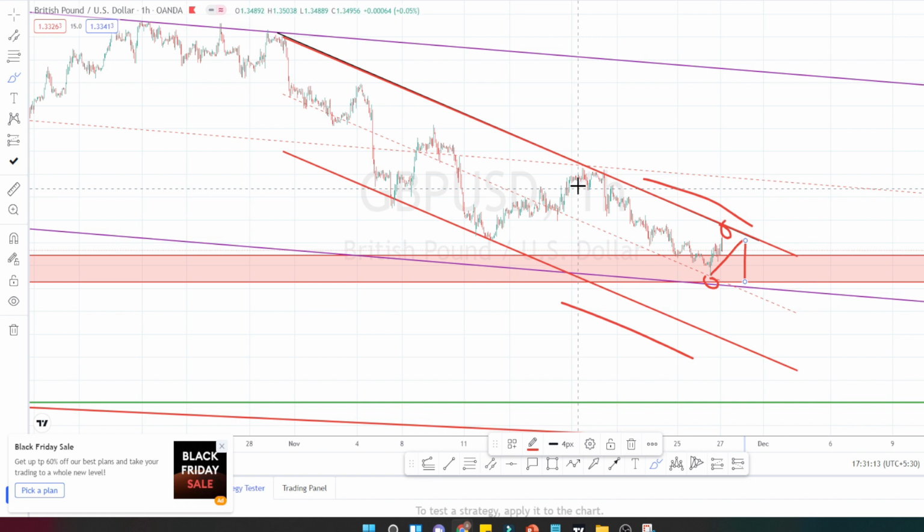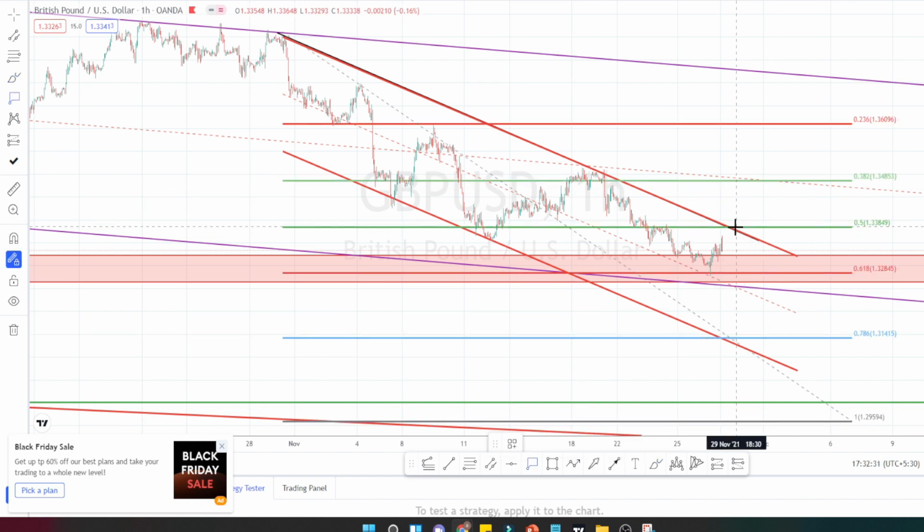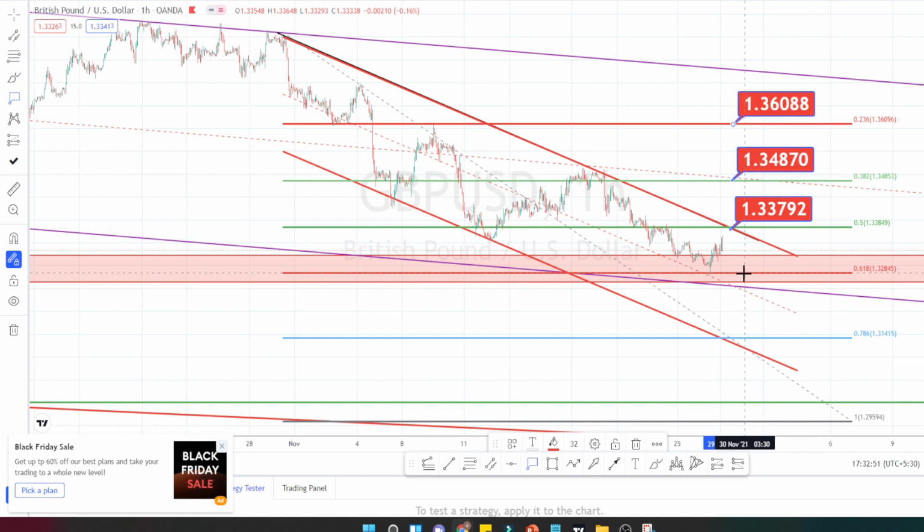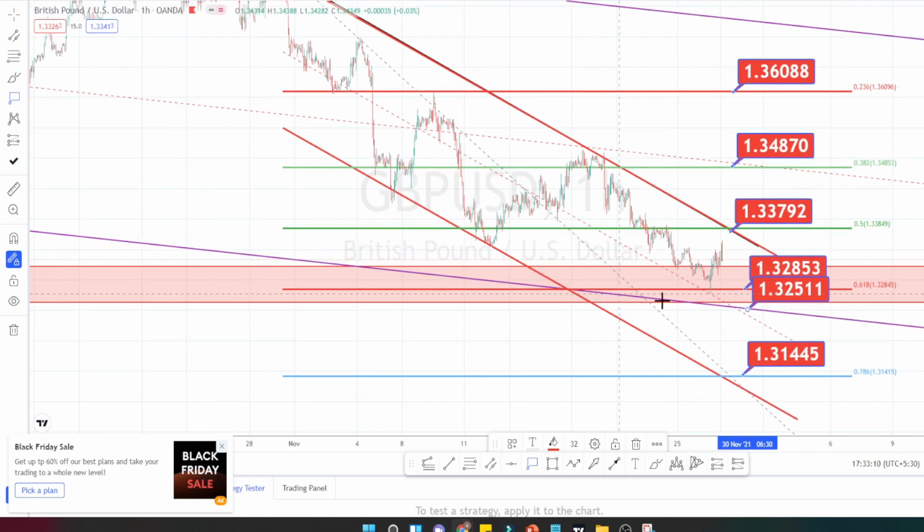Let us mark the trading ranges for Monday. So this is going to be the resistance level. Next level of resistance is going to be here. This is also the level for the central line of the channel pattern from daily time frame. If it manages to breach this level, we can expect the next resistance to be here, and support is at this point over here, and next level of support is going to be at the bottom over here. This is also going to be acting as a one level of support because this is a support level of the channel pattern from daily time frame. Please mark these ranges in your chart. Since the market is on a bearish side, avoid going on a bullish trend for now.